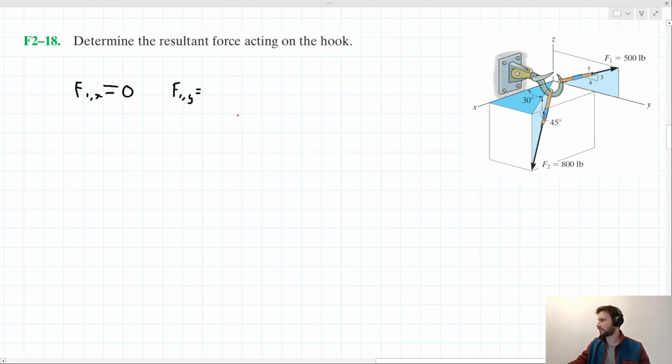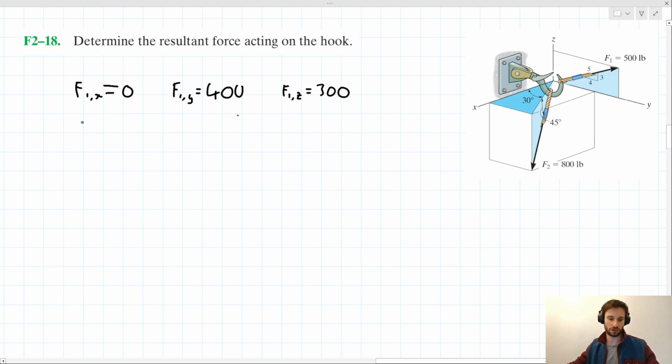Its y component, F1,y. Well, to determine that, we have this 3, 4, 5 triangle idea here, essentially saying that for every 5 it's acting in the direction of the vector, it's acting 4 across and 3 up, right? So we can say that its y component is 4/5 of its magnitude, and its magnitude is 500, so we can say this is 400. F1,z, using the exact same idea, is 3/5 of 500, or 300. Okay,